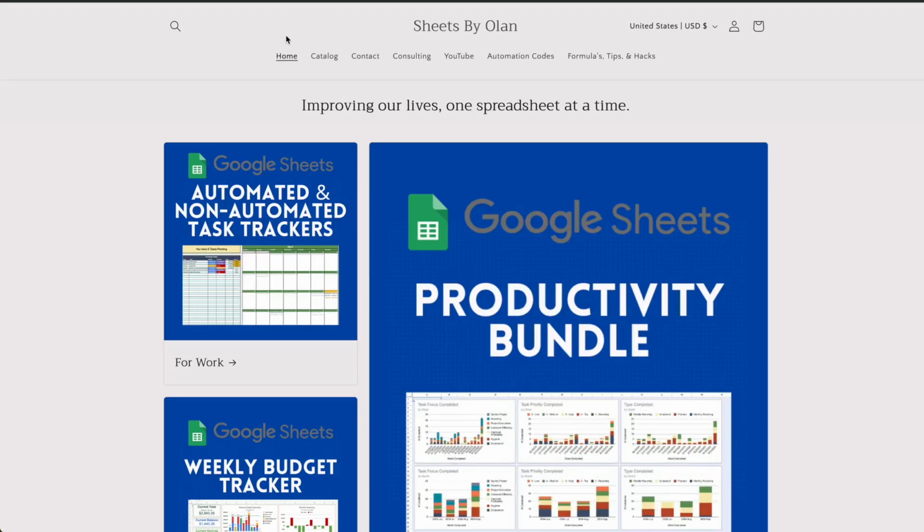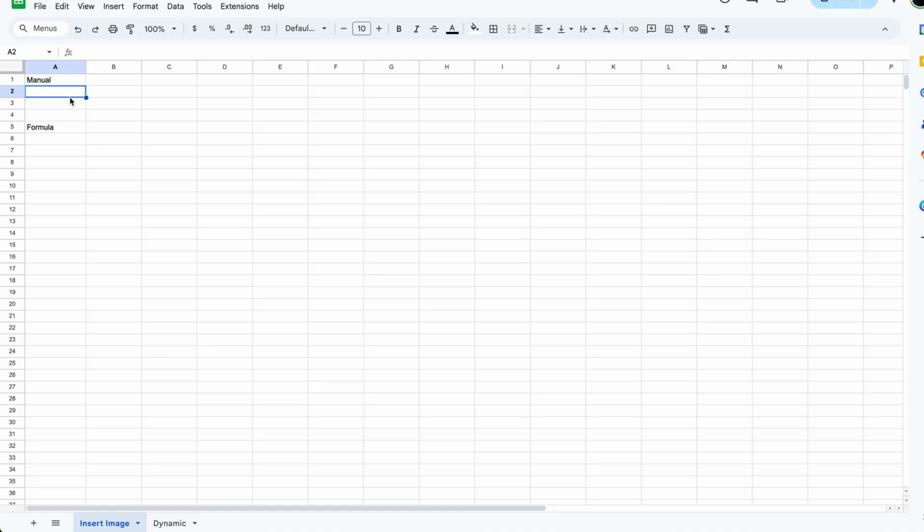Adding images can be a great addition to your spreadsheet, and it's super easy to use. So for example, let's say we want to have a catalog and include the thumbnails for each individual item on my website. We can show that directly in Google Sheets super easily, and there's a few ways to do this. So I'm going to show you the manual way, a way with a formula, and a dynamic way that will